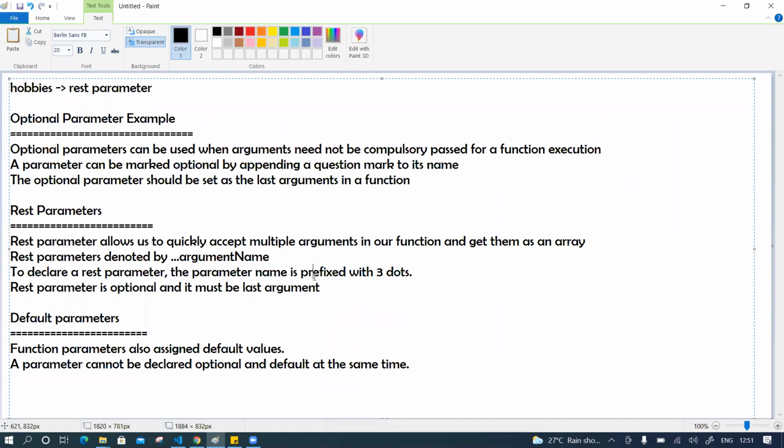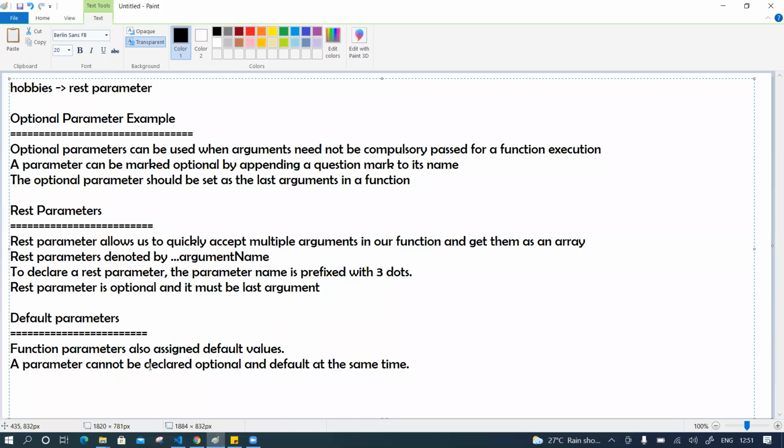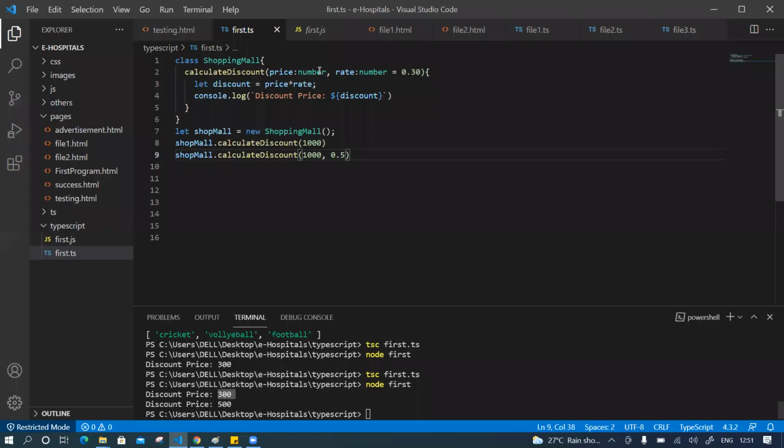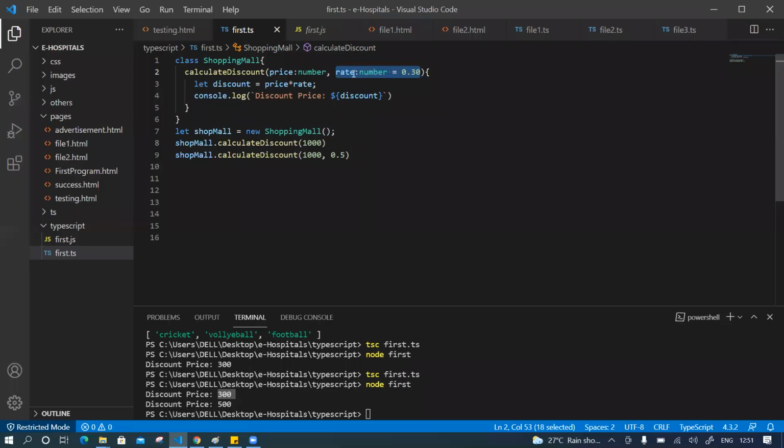Right? Okay, fine. So once explain the default example. Yeah, sure. So default parameter, the last one. Yeah, nothing is there. So a parameter should not be declared both at a time. If you want to declare optional and default at a time, then how is it possible, right? If you provide both at a time, then there is no usage. So that's why I have written a parameter cannot be declared optional and default. So if you write like this,